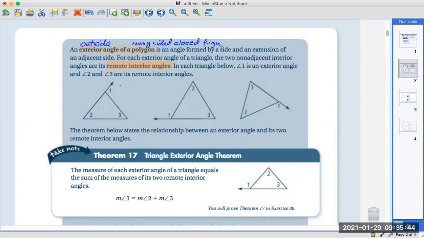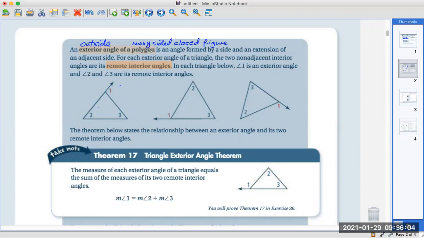5 sides is called a pentagon. 6 sides, hexagon. Then it comes septagon, I believe, octagon. It's like a stop sign. So, a many-sided closed figure. And these rules that I'm showing you are good for most of the